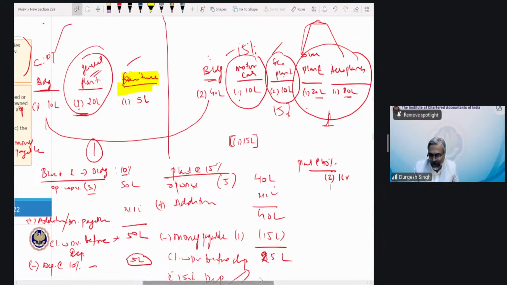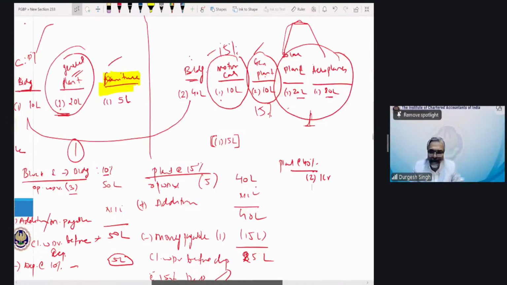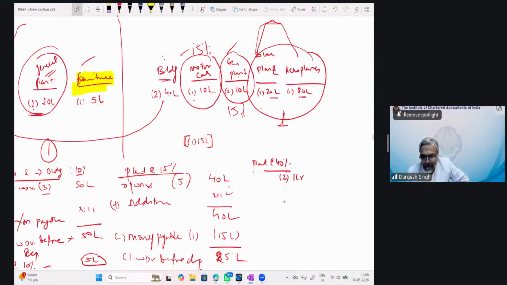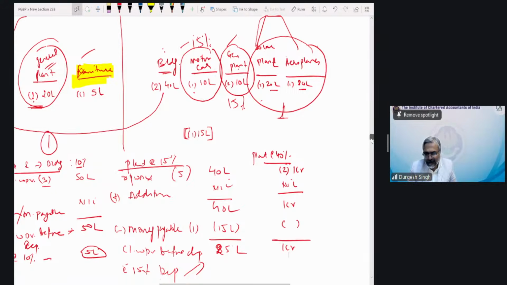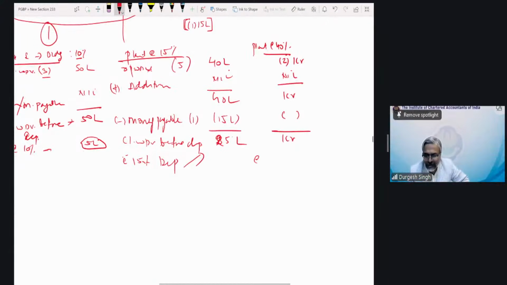Do you all agree to this one, students? Now, do you have any addition during the year? No additions. So this also remains 1 crore. Is there any money payable for this category? No. So what becomes your closing WDV before depreciation? Again, 1 crore. And then finally, students, depreciation at the rate of 40%, which is how much? 40 lakhs. And the last block, so this was block 1, block 2, block 3, and the last block number